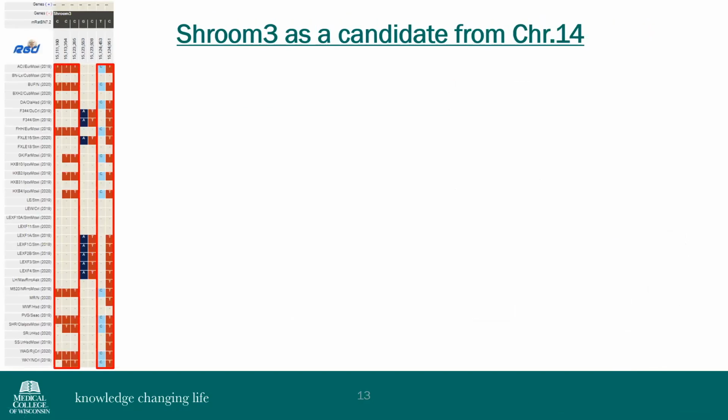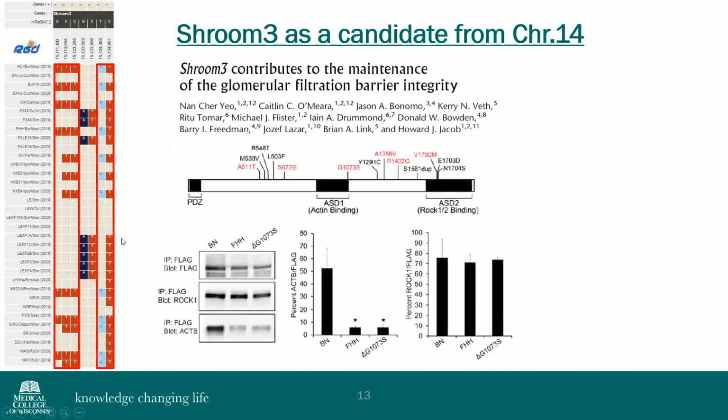Additionally, SHRM3 has 7 protein coding variants that are potentially damaging. And the ones that I have in these red boxes have actually previously been functionally characterized in chronic kidney disease by people at MCW. Of these red variants, 5 are found in HRDP strains. And in this study, they were able to